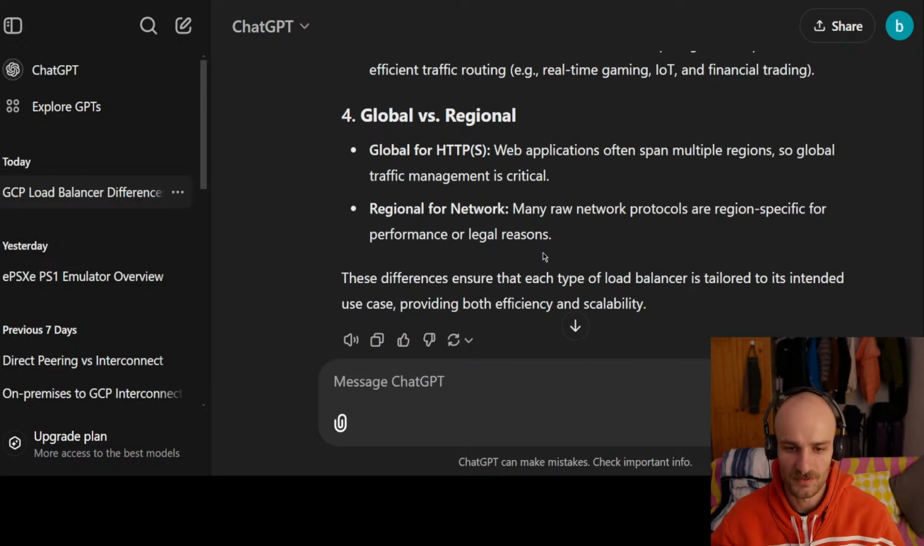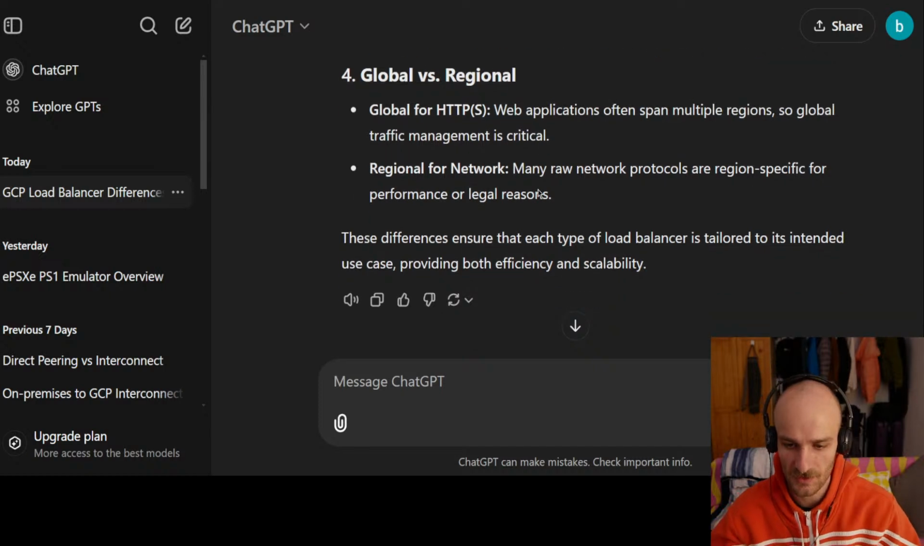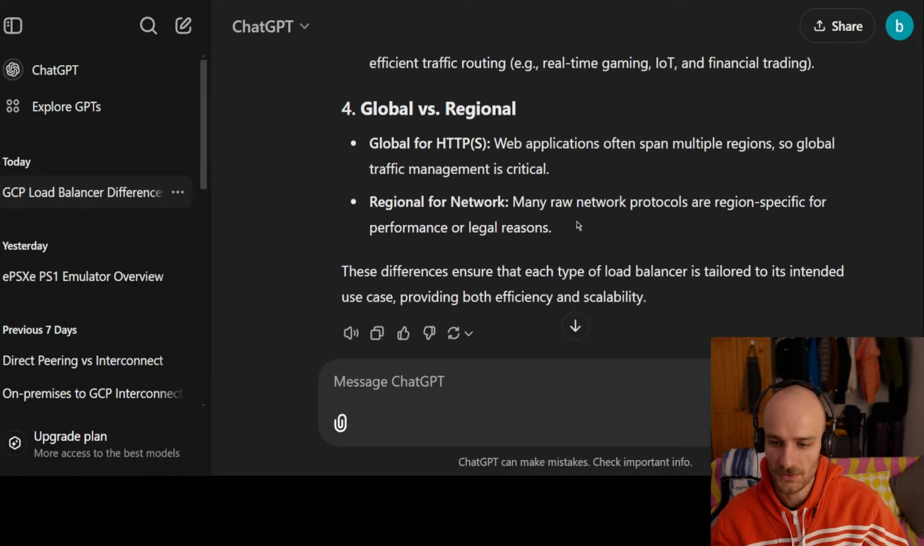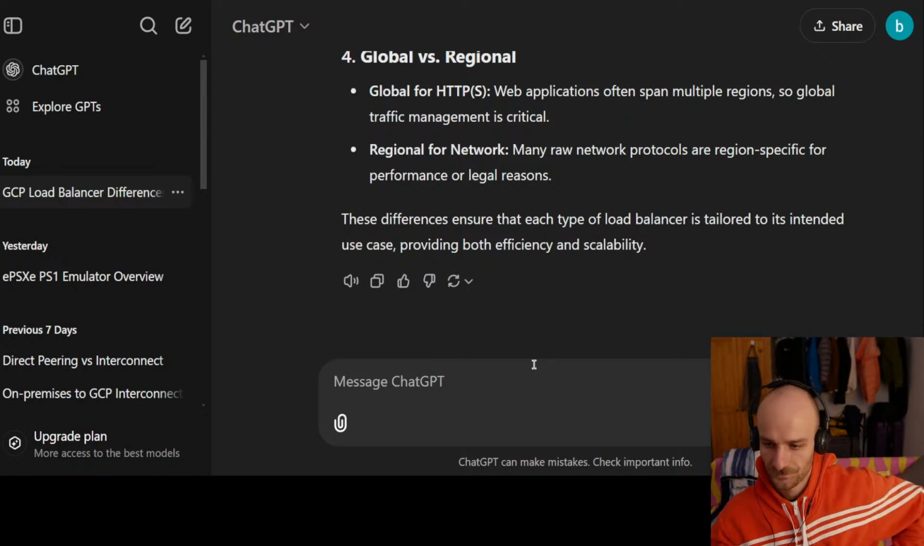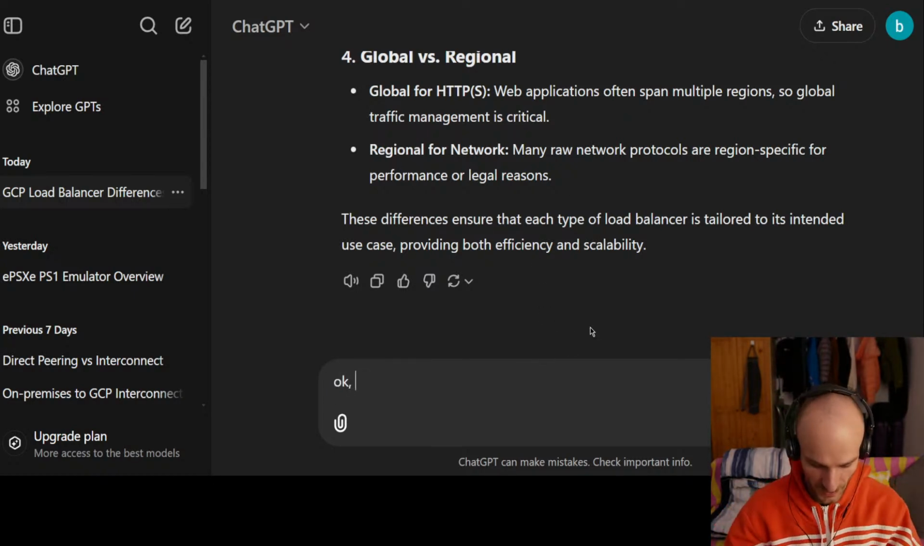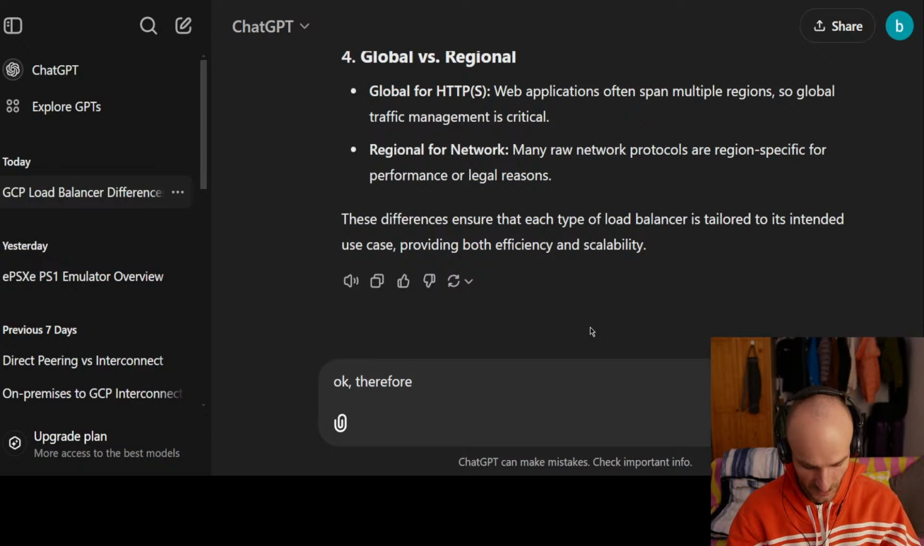Global vs regional. So global for HTTPS. Web applications often span multiple regions, so global traffic management is critical. Many raw network protocols and regions are specific for performance or legal reasons. Okay,